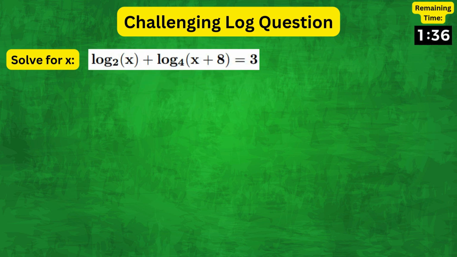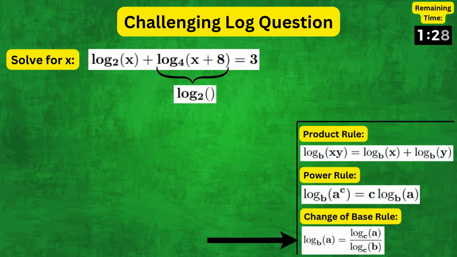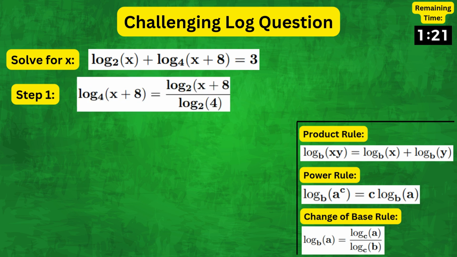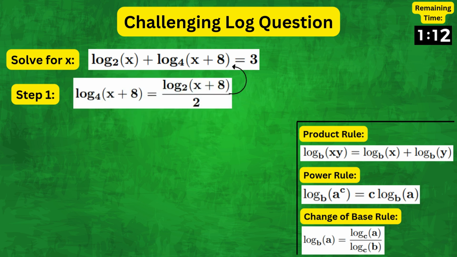The first thing we observe is that these two log terms have different bases, so we need to convert this term into a base 2 log by using the change of base rule given here. Therefore, log base 4 of x plus 8 can be written as log base 2 of x plus 8 over log base 2 of 4. Now, this denominator is simply 2, so plugging this into the equation and multiplying both sides by 2,